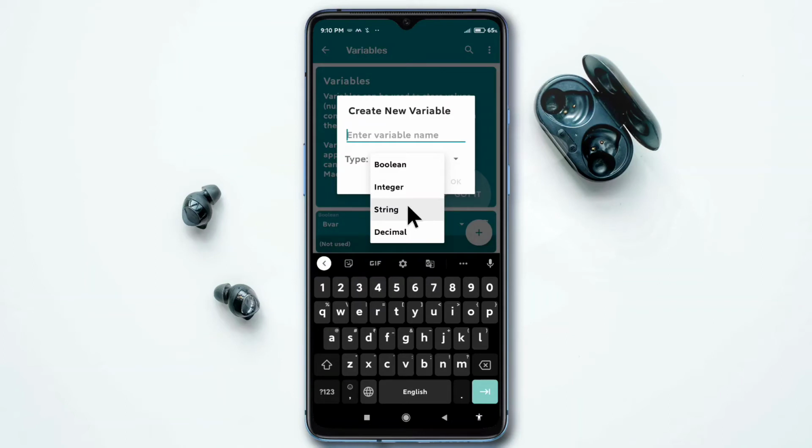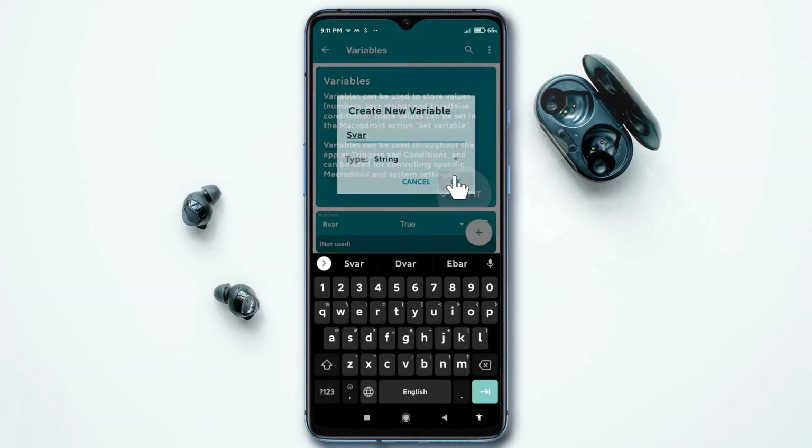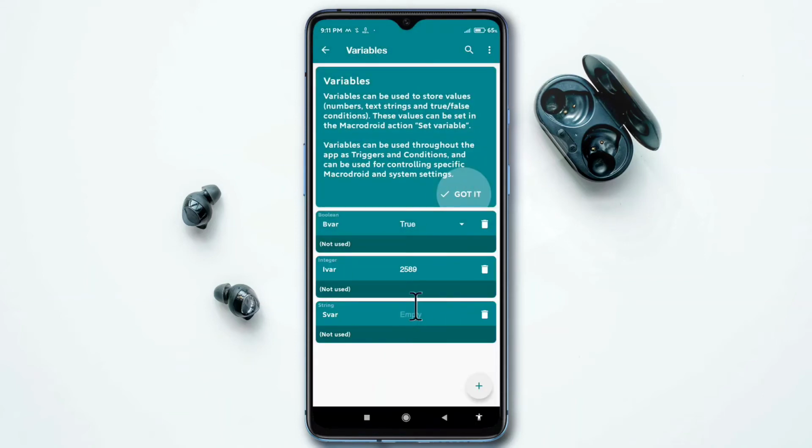So now I am going to add another type of variable. Now this is a special type of variable, string, and this contains characters, symbols, alphanumericals, and uppercase, lowercase, or all the inputs present in our mobile we can store in this string variable. So I am giving the name like we gave for our past 2 variables, string variable SVR. Now the default value is empty for string variable.